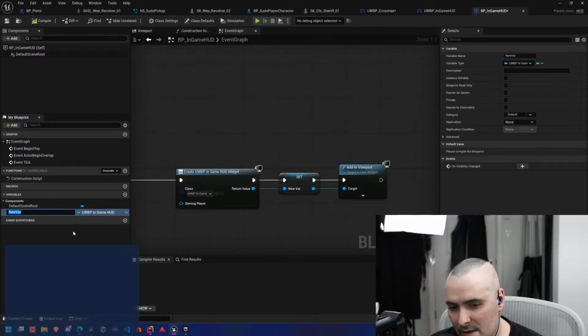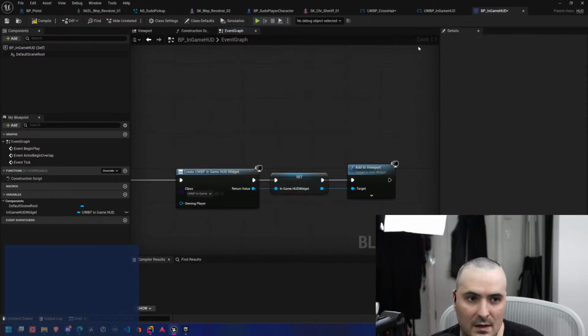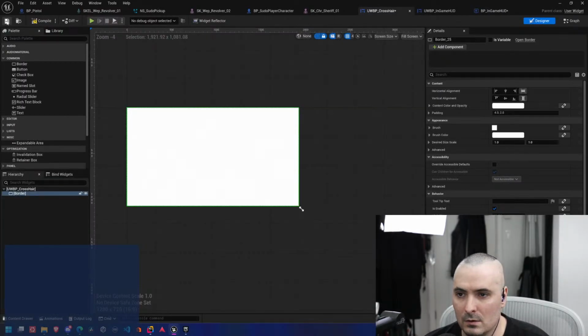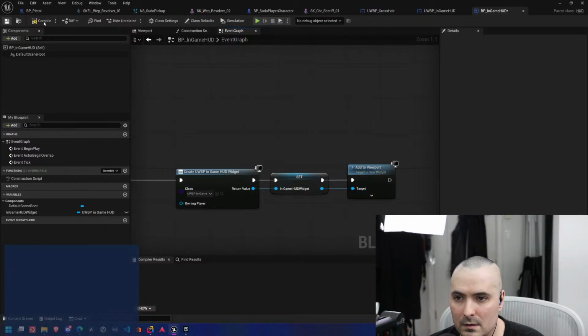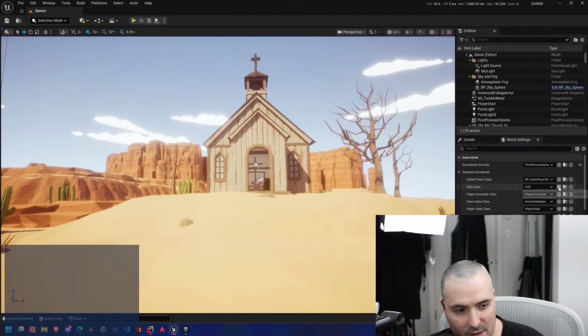So I want this to be an in-game HUD widget. There we go. Now, because we have this HUD widget, which is super important in my opinion, and nobody uses for some reason.